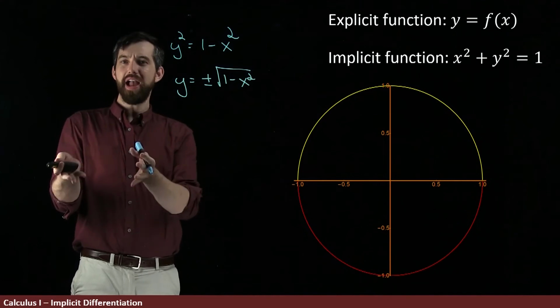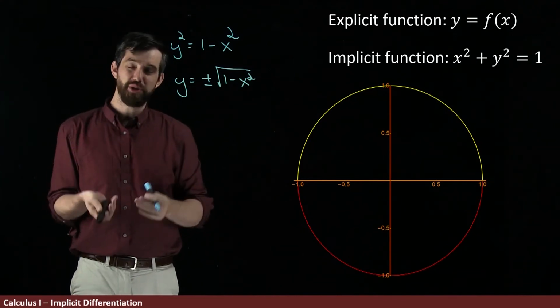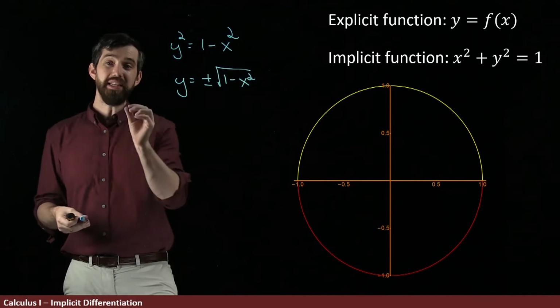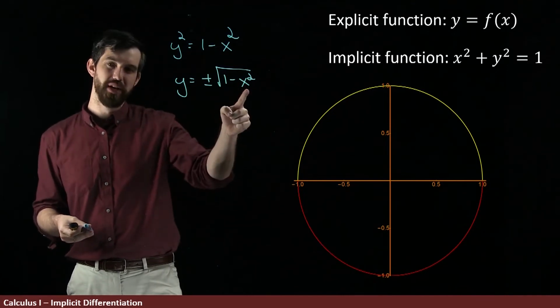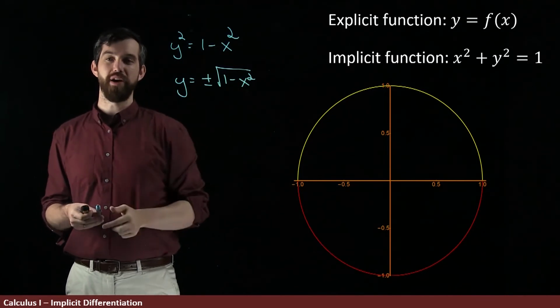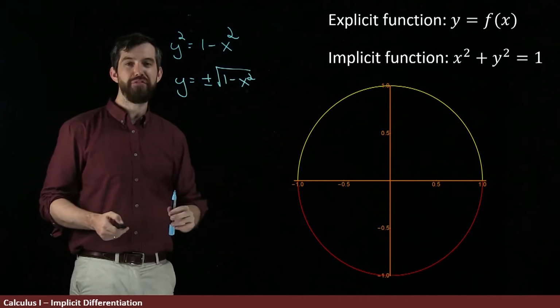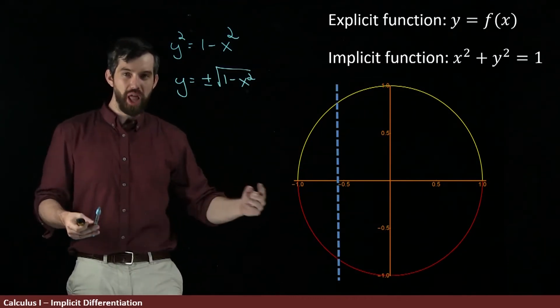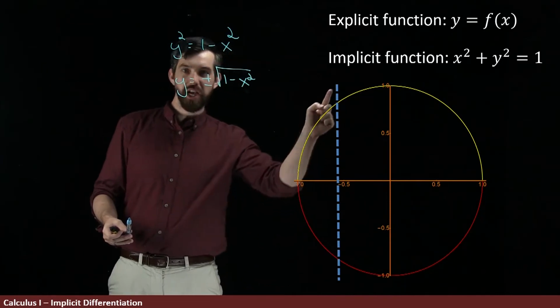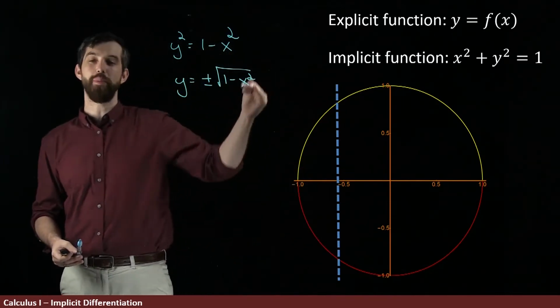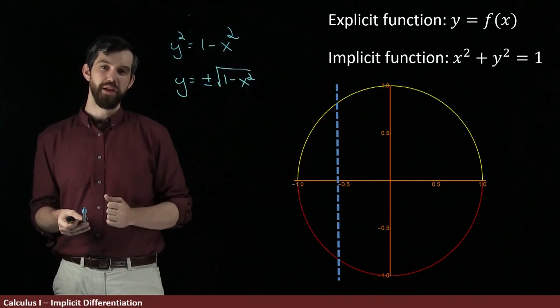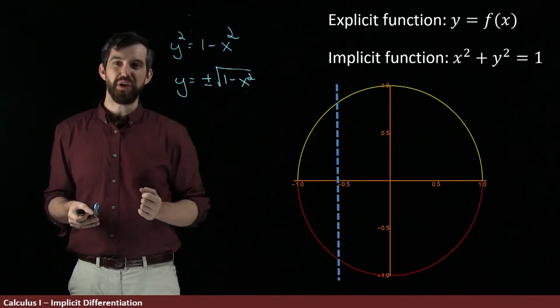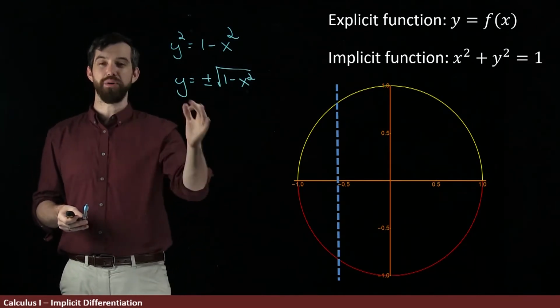But this violates the vertical line test. To be a function, it needs to be the case that for every x value, there's exactly one y value. Or if I want to think about it graphically, what you do is you draw a vertical line and you say, well, look, for this particular x value, there's two different y values, this top and this bottom, that correspond to it. So it's not the case that we can find one function y equals f of x